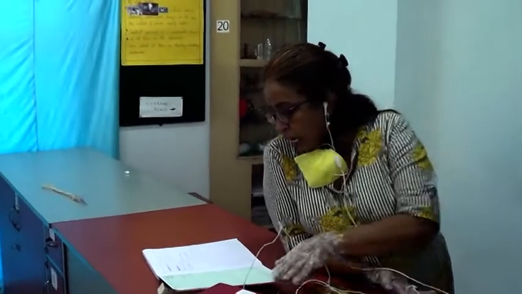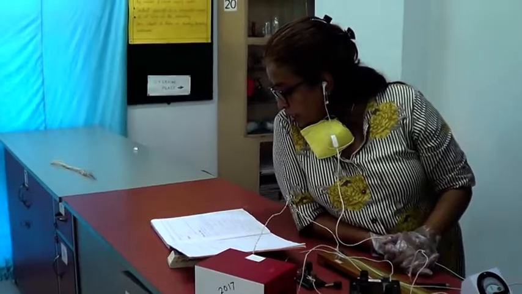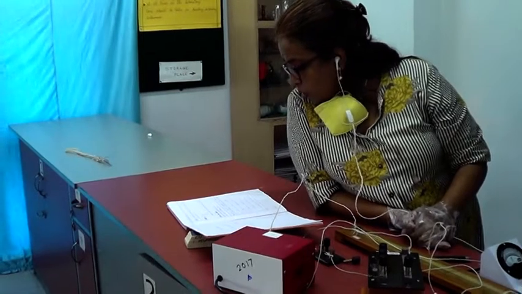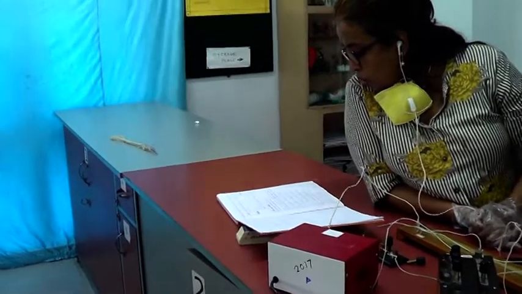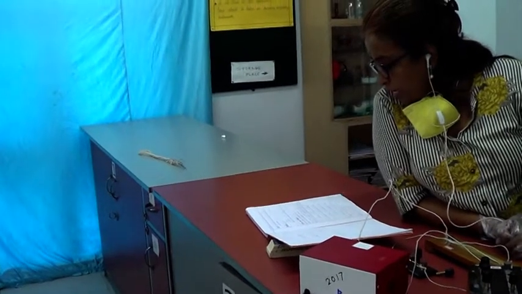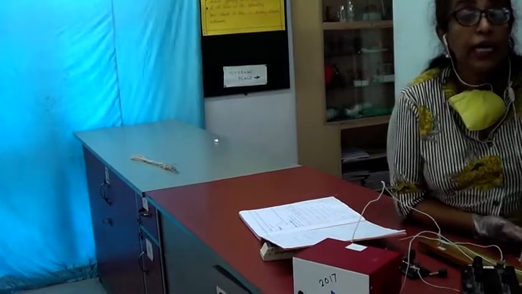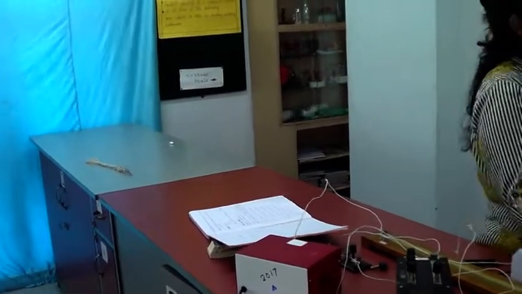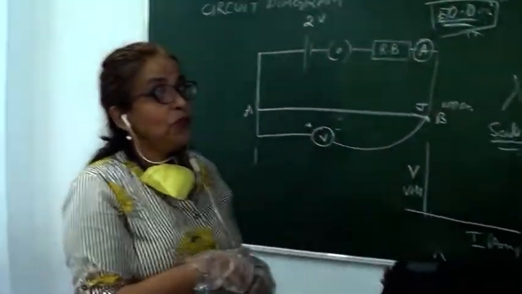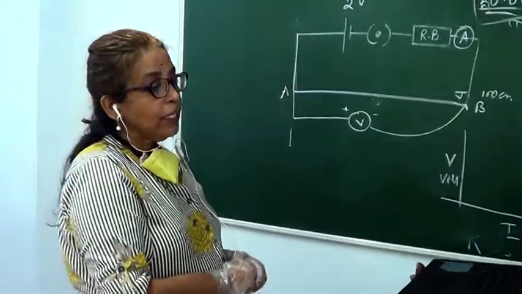You are plotting I there. What is the value for I? It is given. The I values are 0.3, 0.26. Now we don't round off the I value. 0.30, 0.26, 0.22, then 0.20, 0.18. Do not round off the values. And the voltmeter values are 0.8, 0.9, 1, 1.1, 1.4. Make a proper scale. Do not take origin 0, 0. The rule is that you do not take origin 0, 0. Is it clear to you?